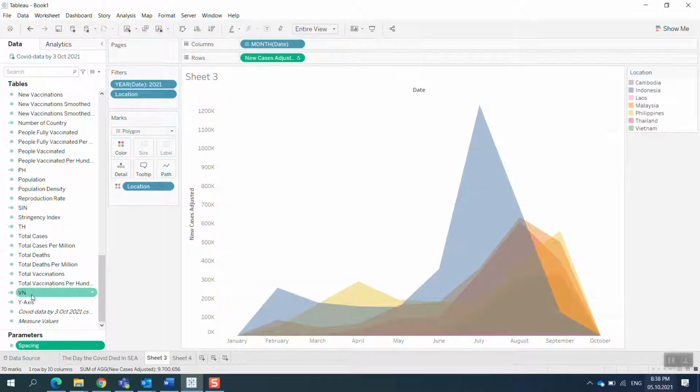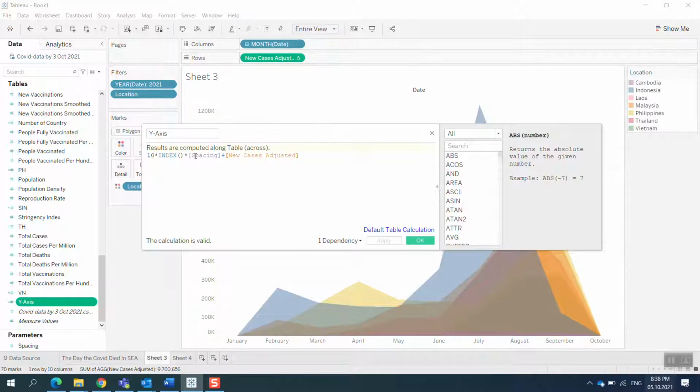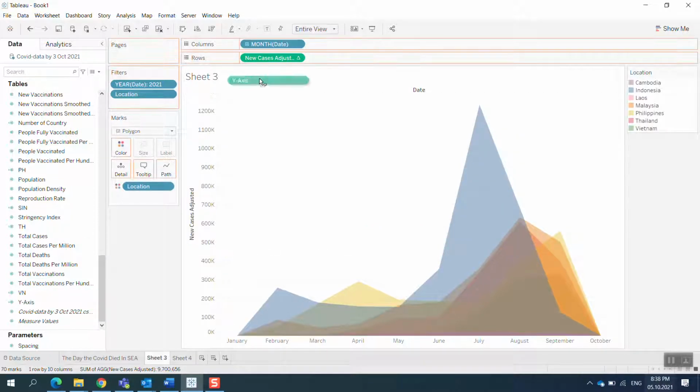Right? And when I view the y-axis, I just say the index here will be the index for each country, and I multiply it with spacing, and then I add what I just changed, the new cases accepted in here. Basically, the first and the last are 0. The rest is the number of cases. Right? Okay, and then I bring this one into the